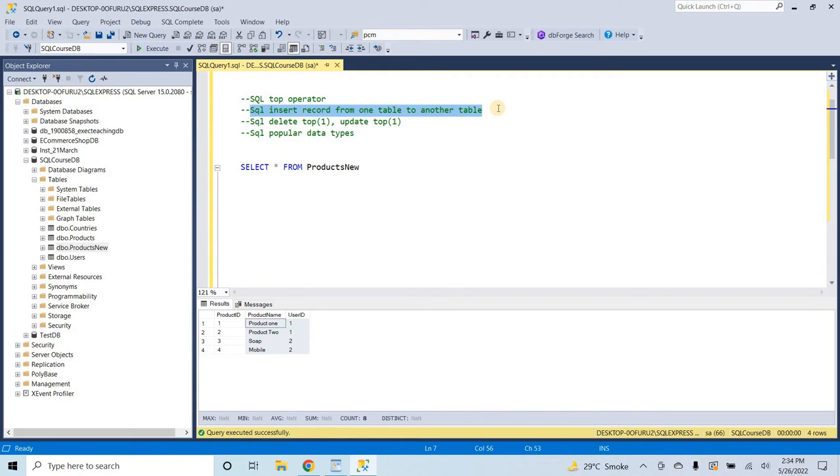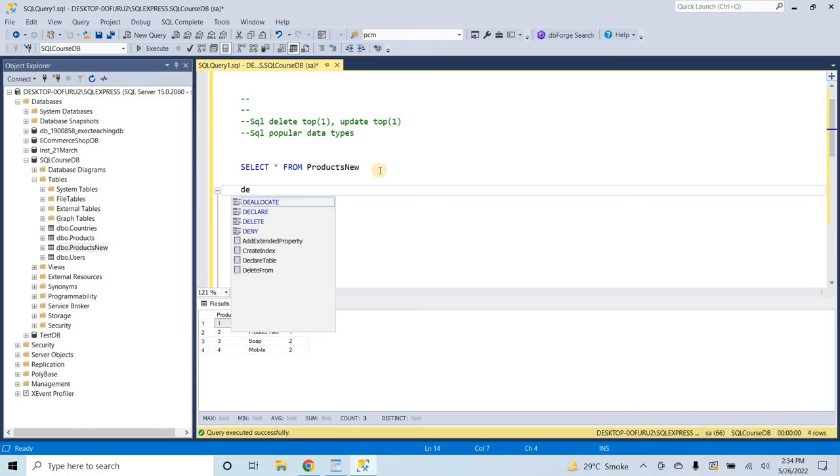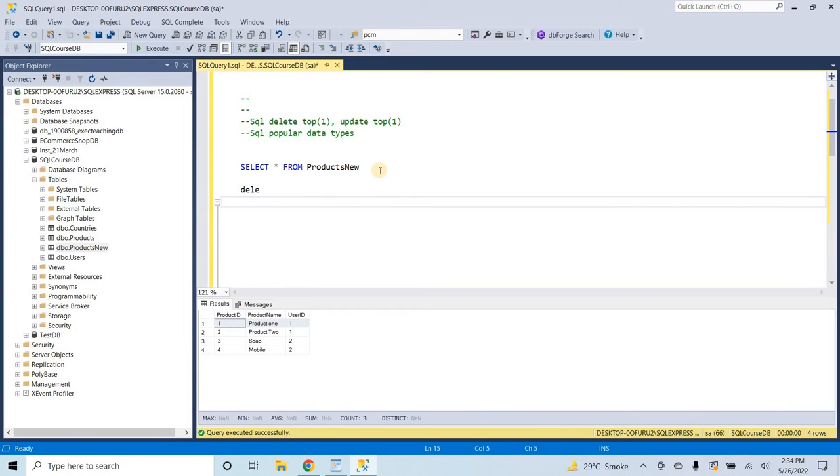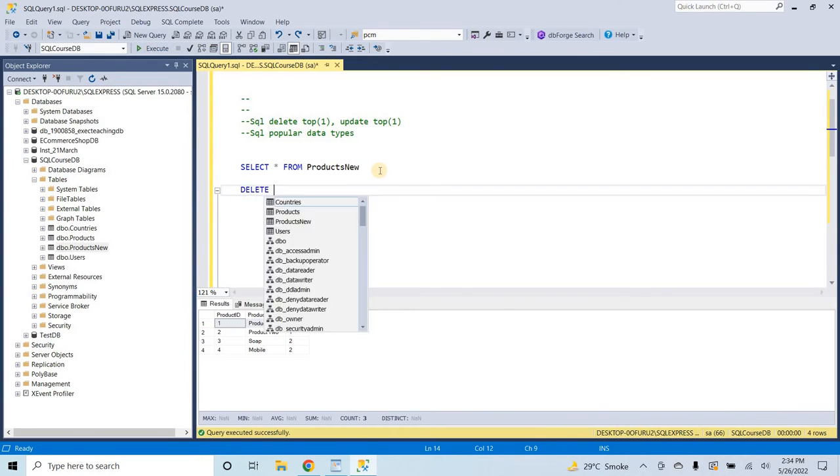So remove these. Okay. Now we are covering the SQL delete top 1 and update top 1 operators. For the delete top 1, we have to delete only the top row from any table. Let's suppose from the products new table, I only want to delete this row, the top one. Then I will use it in this way: delete, delete top 1,